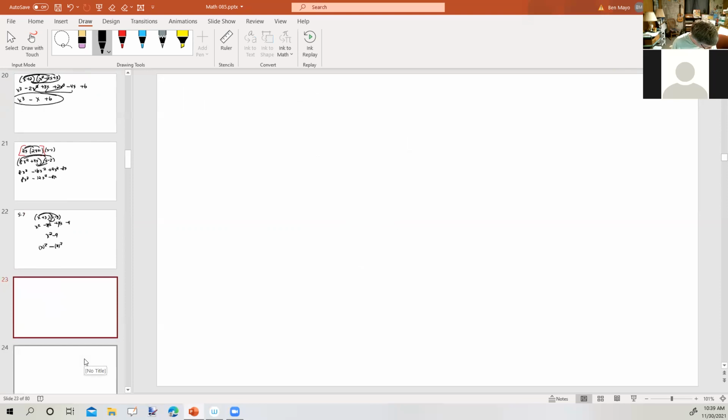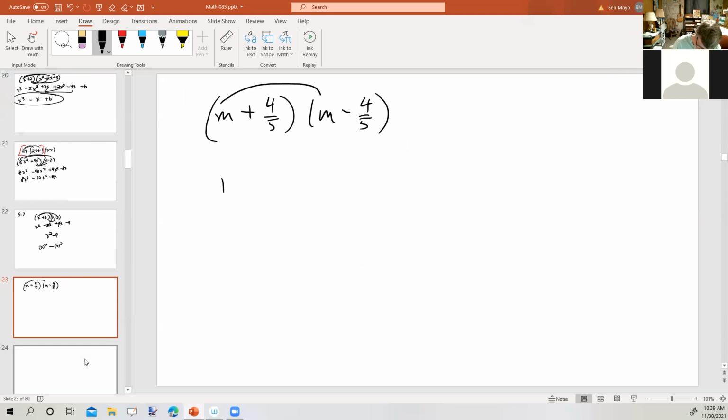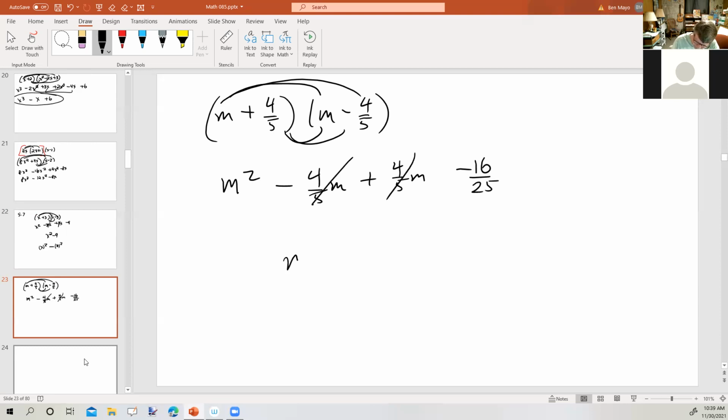Let's say we've got something like this, m plus 4/5 times m minus 4/5. Again, we've got that conjugate pair situation. M times m is m squared. M times minus 4/5 is minus 4/5 m. 4/5 times m is 4/5 m. And 4/5 times minus 4/5 is minus 16/25. Combining like terms, the middle two terms cancel out, and we're left with m squared minus